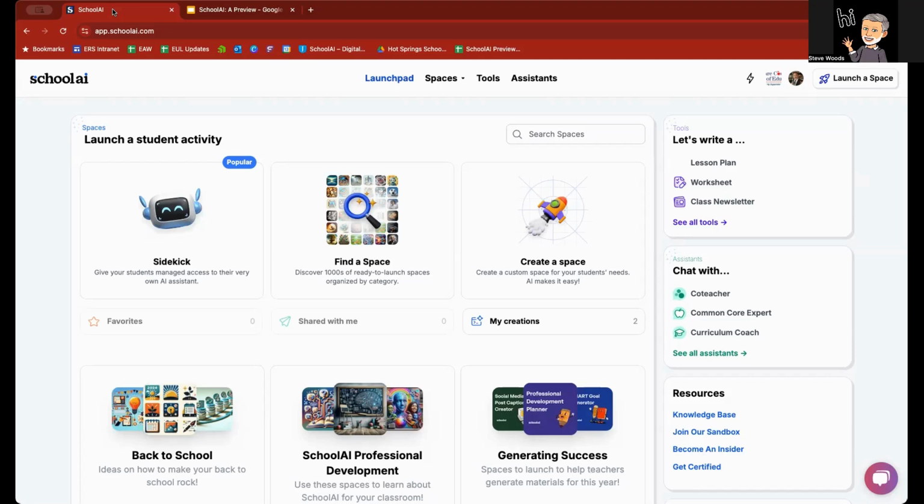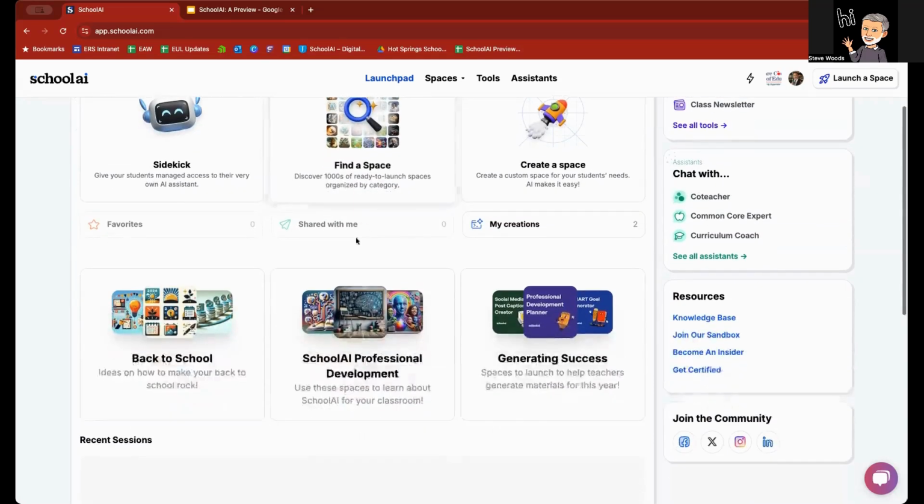Now, you'll notice there's a lot of stuff going on here. Right off the bat, they talk about a Sidekick, which is a chatbot that you can create to do any number of purposes with your students. There is a space, which is very much a chatbot-driven space provided by you for your students to interact with. You have all of these